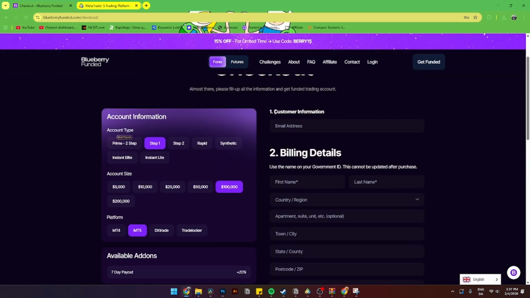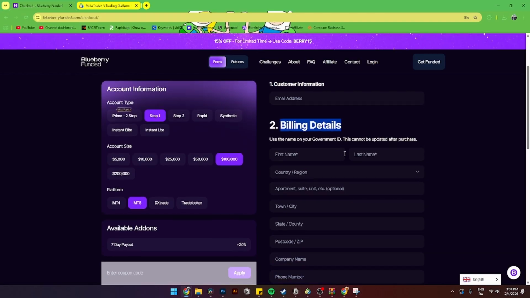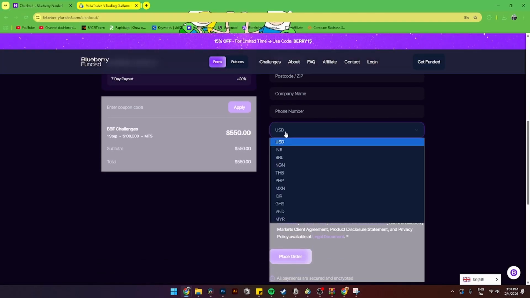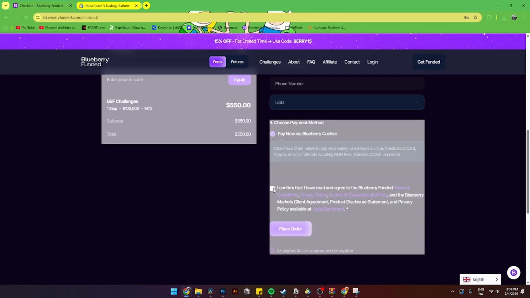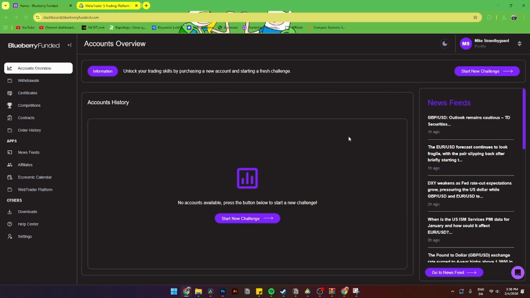From here you'll simply need to add the customer information like your email address and fill in the billing details. Once you've done that, you'll need to select what type of currency that you want to use, either USD, a Euro, or any of these other ones that Blueberry Funded supports. Then from here, you'll need to click I confirm that I read and agree the Blueberry Funded account, and click place order. From here, you'll need to add in your credit card details and pay for your account. Once you have paid for your account, you'll be directed into the account overview, where under account history, your new